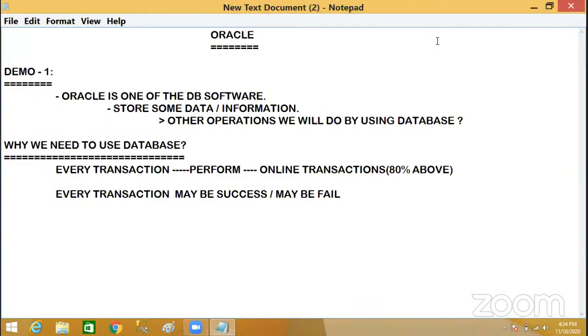Every transaction may be success or else may be fail. Either success or fail.